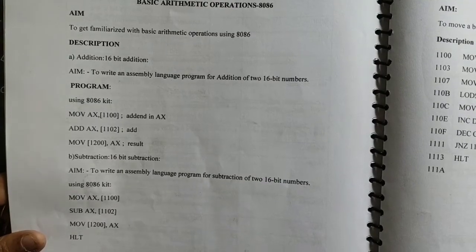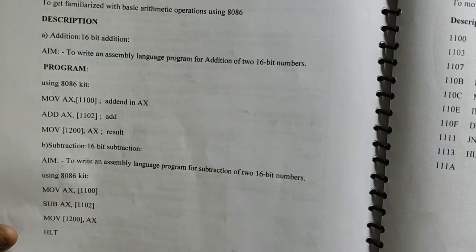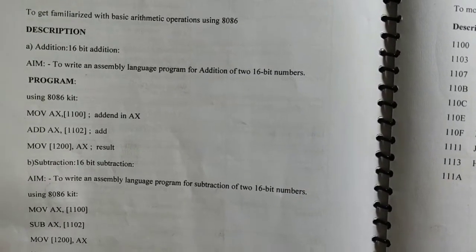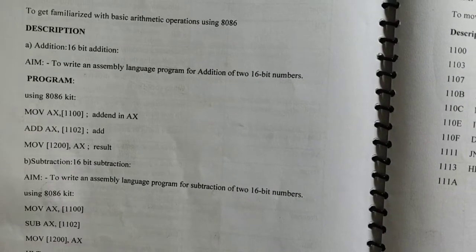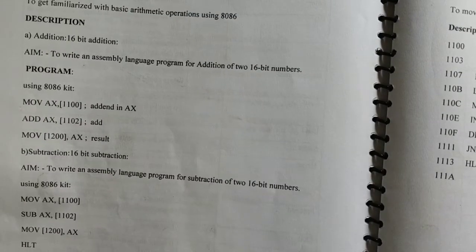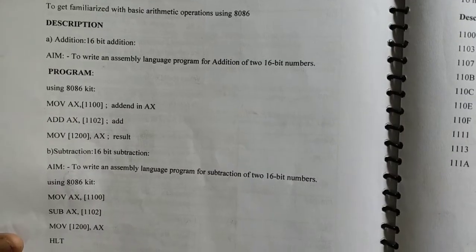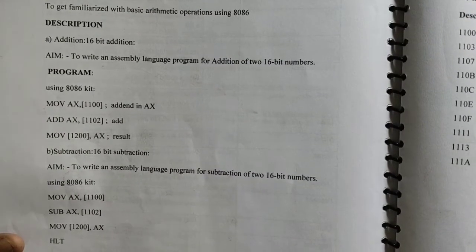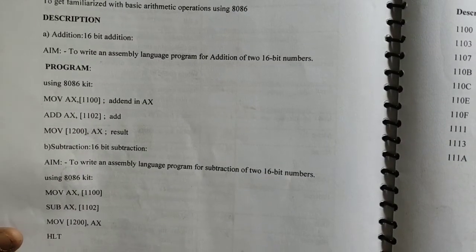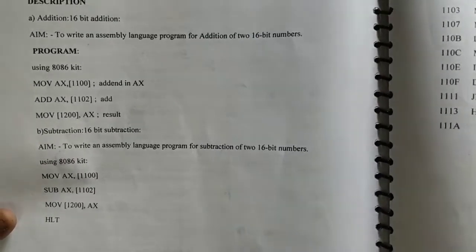Even though it is 16-bit, 8-bit calculations can happen inside it, because by default we can give it as 00. If I say 0005, that is a 16-bit number, but actually the number is 5. If I write 0006, we can say that it is 6. The number is actually 6, but if you write 3 zeros in front of 6, it becomes 16-bit. Please understand that. So we will do the program.